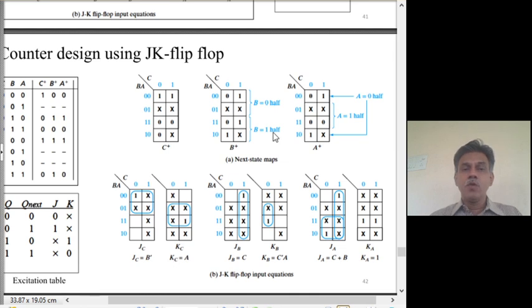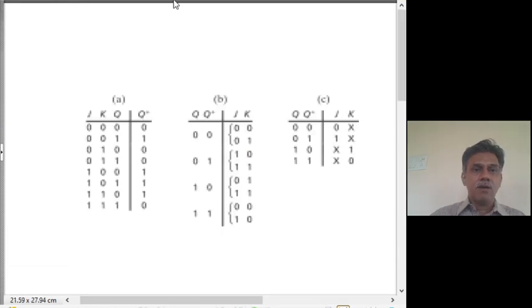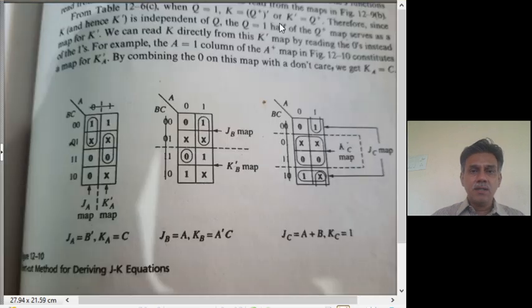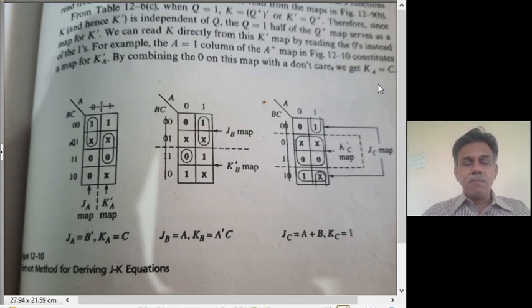And similarly we have to do for each of these. Here we have two sub K maps, b is equal to 0, b is equal to 1 and so on. So the whole thing we call the shortcut method, that is illustrated here. Okay. So incidentally, this method is illustrated in the 4th edition of the book by Charles H. Roth. In some of the later editions, of course, this method is not given.